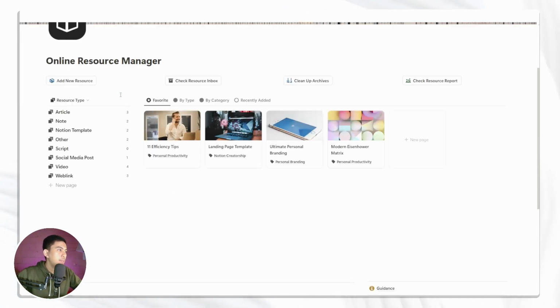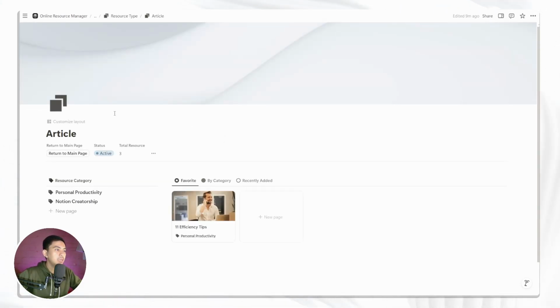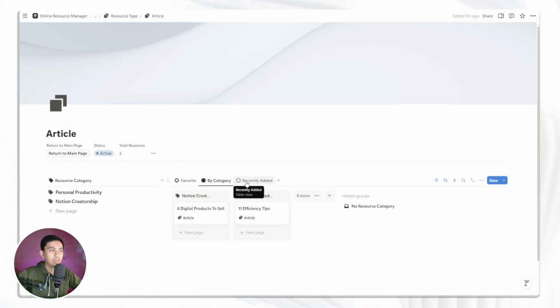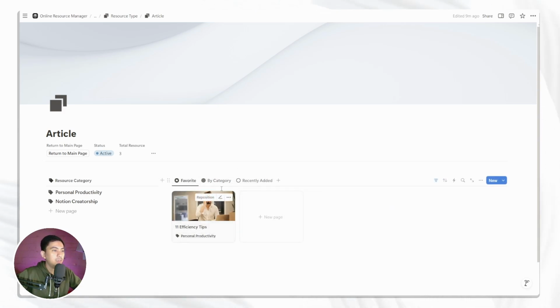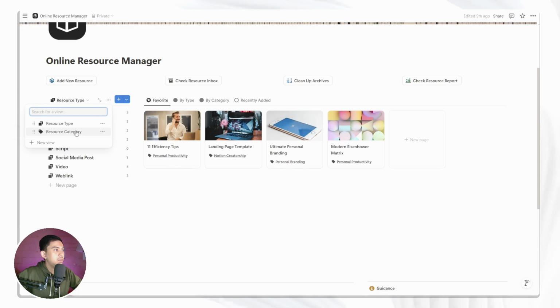And if we go back to the home page, we will see that we have a new resource type right here. If you click any other type, you will see a really similarly structured interface where you are going to see all of the items and related categories or related types based on the thing that you click. So everything we are seeing right now is every resource item that's only related to the article resource type.